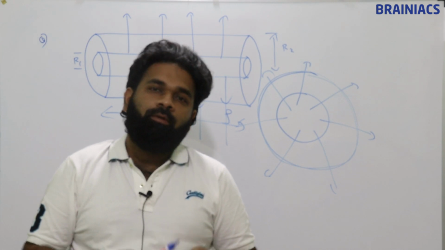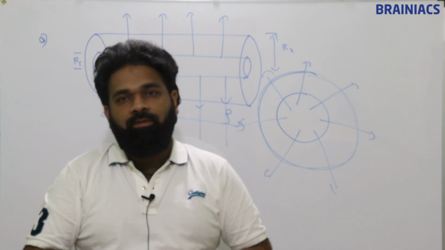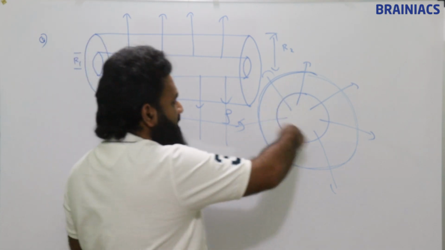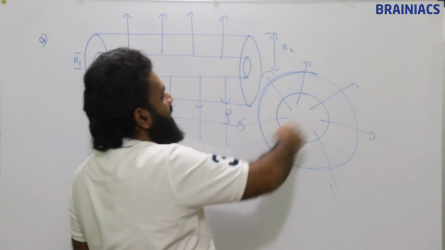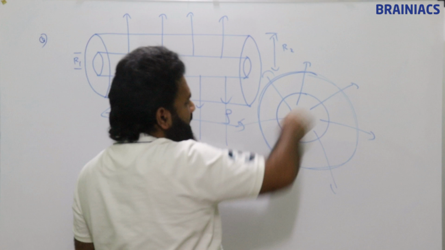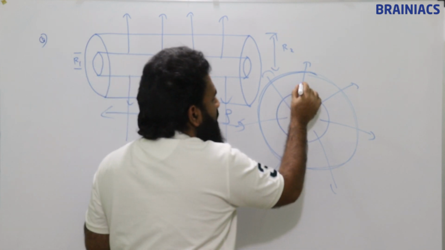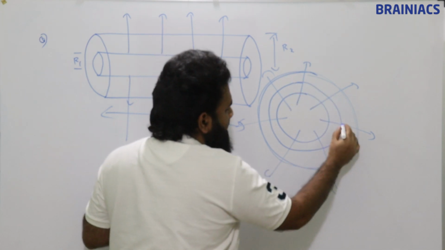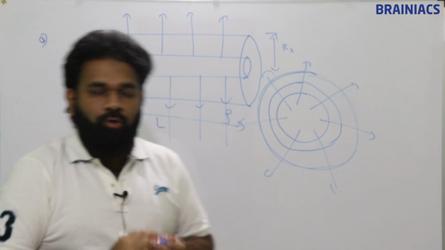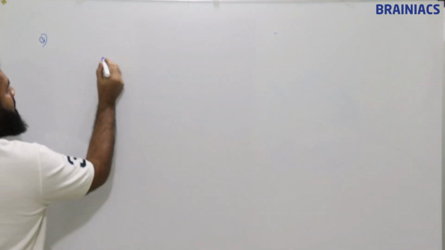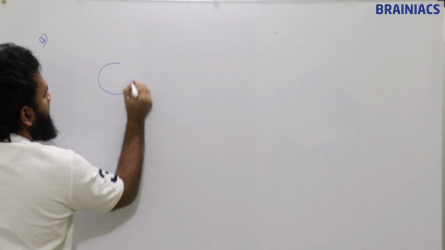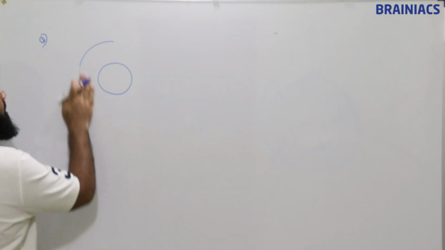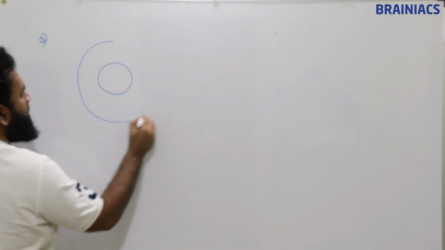So the only way to do this question is by integrating, summing up this area of this kind of cylinder, right? So this cylinder, we will take small cylinders like this. If this is a cylinder, just I will take a new figure and we will solve this question. So if this is the inner diameter and if this is the outer diameter,